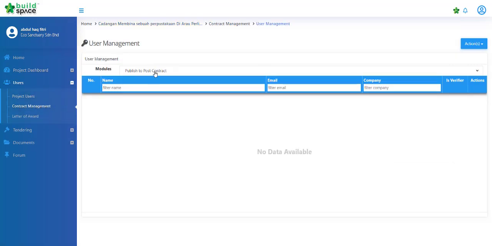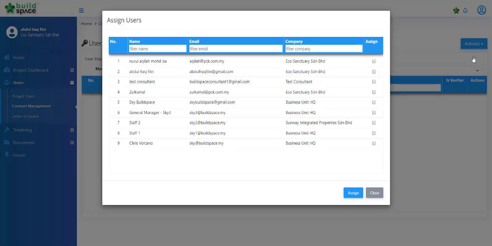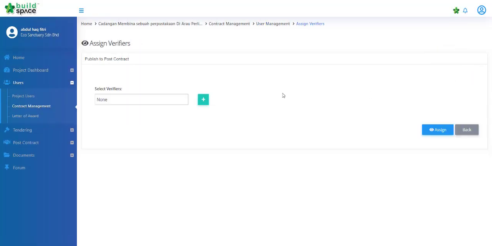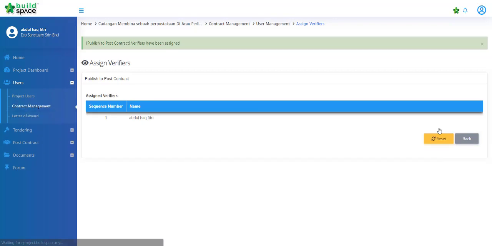and in contract management we select publish to post contract, and here click on the assign users, select the users and click assign, and then go to the assign verifier. In this verifier, click on the users we assigned earlier and click assign. Once finished,